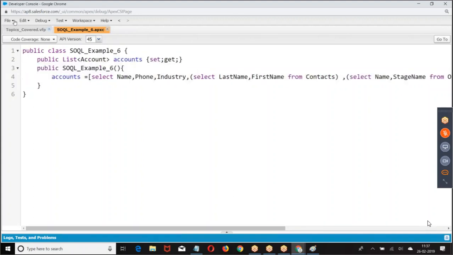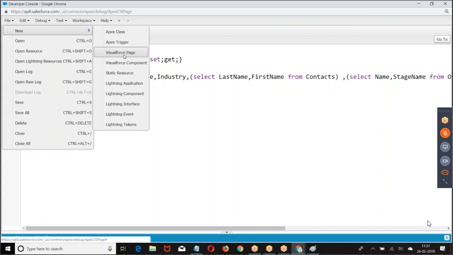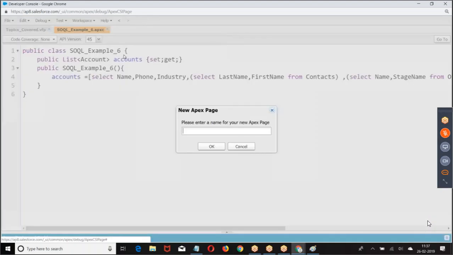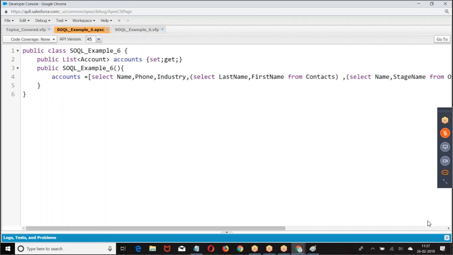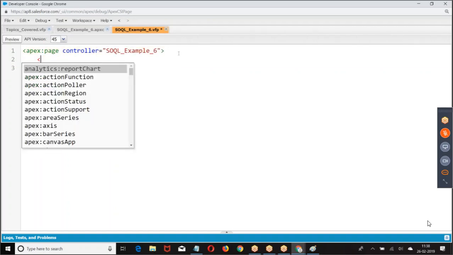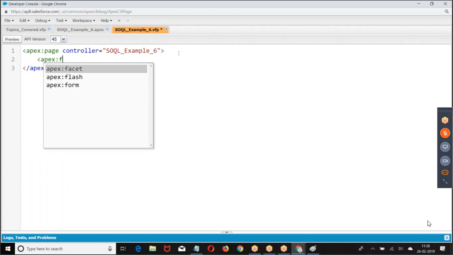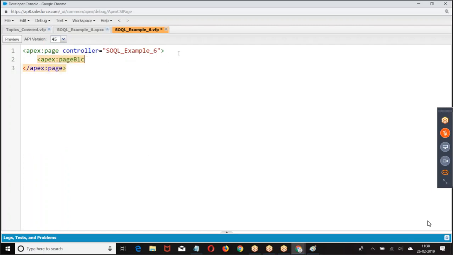Now I want to display the data here. Listen carefully, boss. Page block.